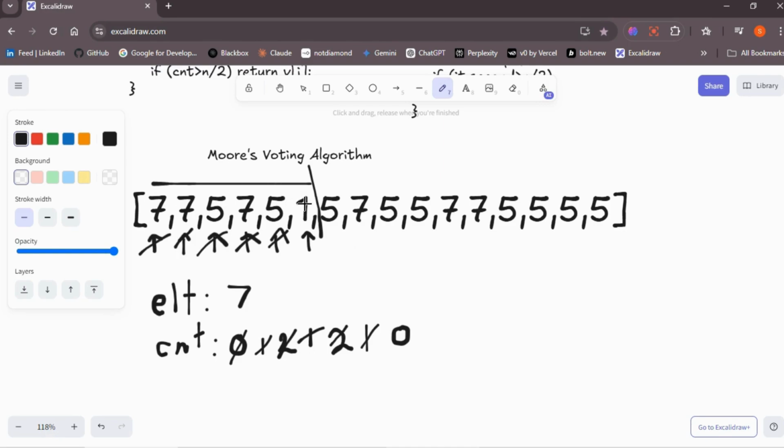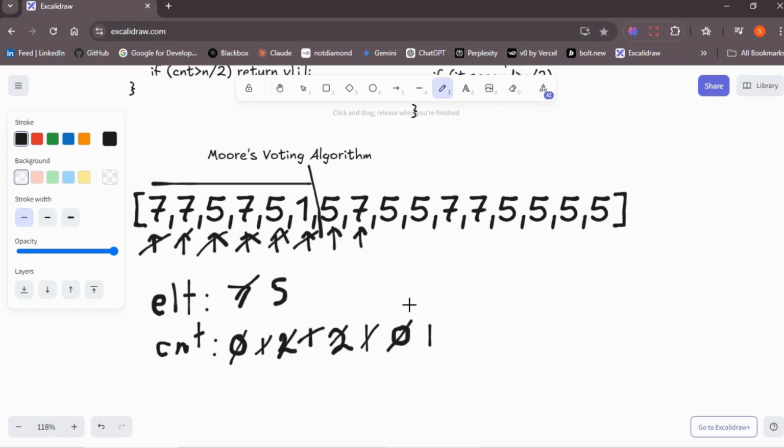Because it has maximum element as 3, as well as the other elements also equal to that count. So this doesn't take part. So what we are going to do is move to the next element. The next element is 5, and we are going to change that element to 5 here. Now we are going to have the count of this element 5. So we are going to increment count to 1, and then 7,